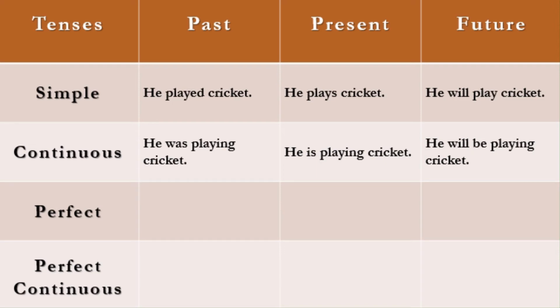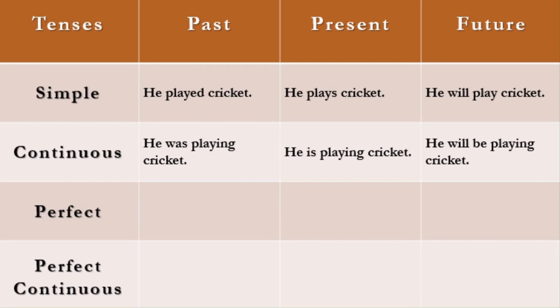ING form is used in all the sentences. You can analyze it. Just have a look at these three boxes. Only the helping verbs have changed, otherwise it's all ING form in all the sentences, and just a little bit of change, and that is why I was telling you to do it horizontally, so that you understand the minor differences and then you move on to the next tense.